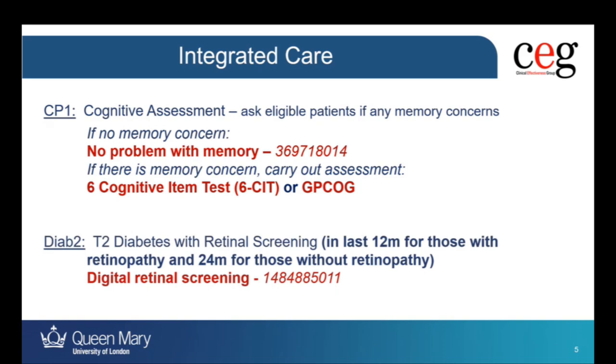So DIAB 2 indicator, so this is for type 2 diabetic patients with retinal screening in the last 12 months for those with retinopathy, and in the last 24 months for those without retinopathy. So the payment code is the same, digital retinal screening. However, you may already know that the eye screening service since last October, so October 2023, up until this October 2024,